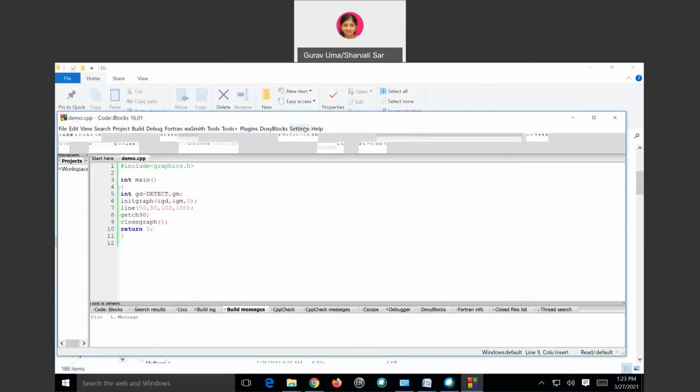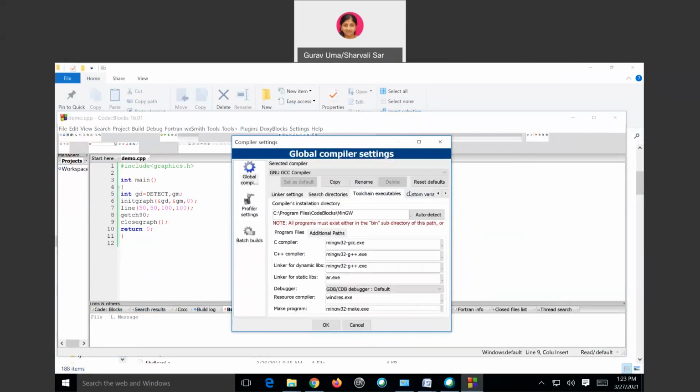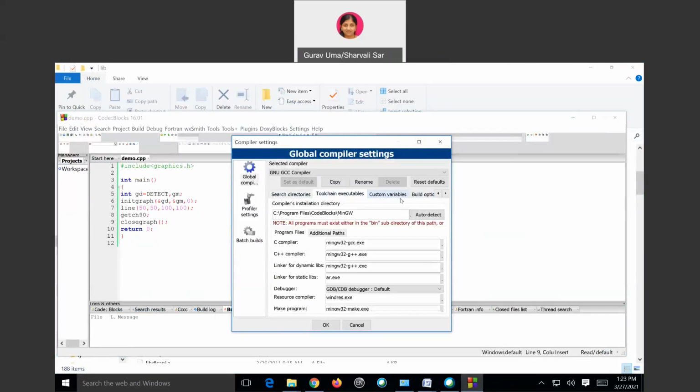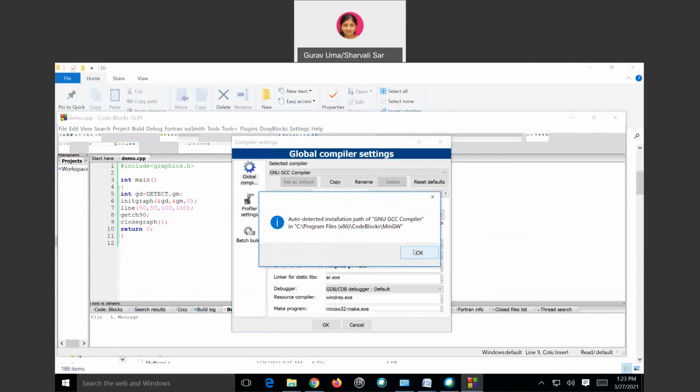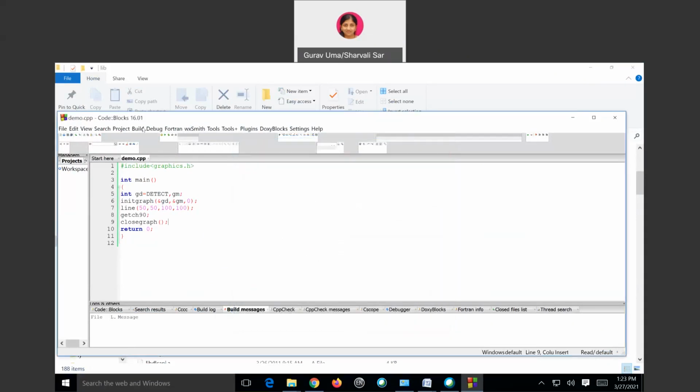Again, one more thing is go into the settings, into the compiler, then go into the toolchain executables, and click auto detect. It will automatically set the folder. It is not necessary to do this.